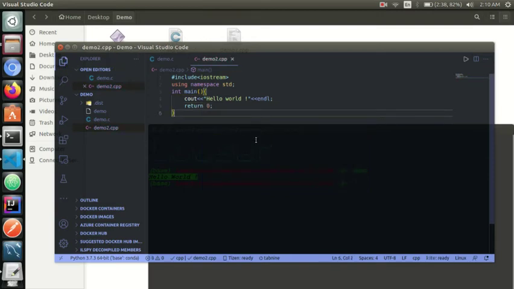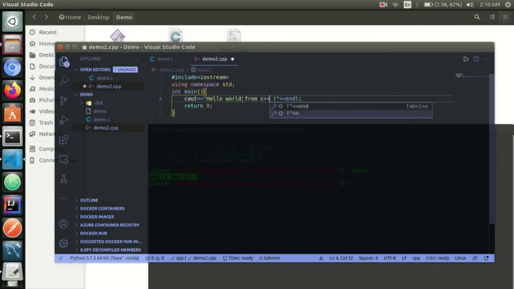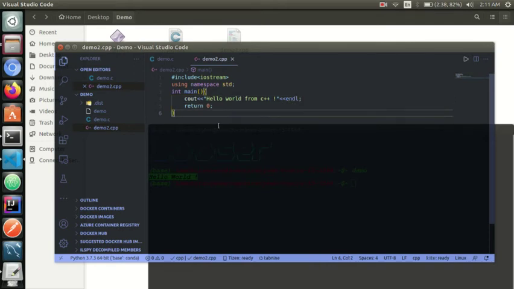So here I have written the C++ program, a simple hello world program. I am writing hello world from C++ here for better understanding. Done. Now we will run this program and see whether there is any error or not.